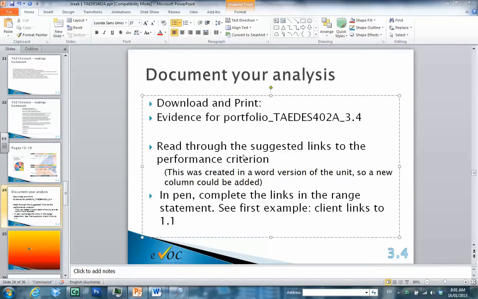It's time now to gather some evidence regarding your skill. So we're starting to really get in and assess your competency now at the element 3. So I need you to go and download and print the Evidence for Portfolio TAEDES402A-3.4 document. Once you've done that, you'll notice that I have actually changed that original Word document from